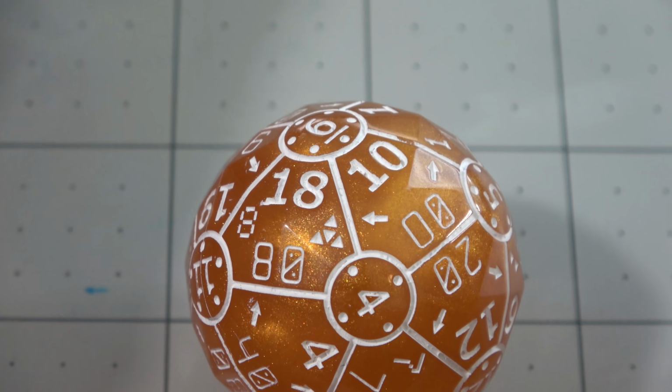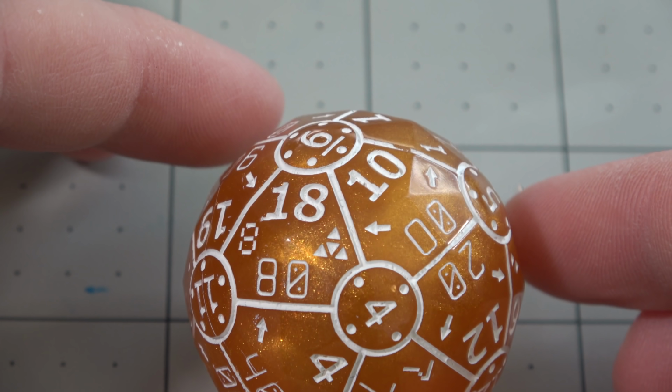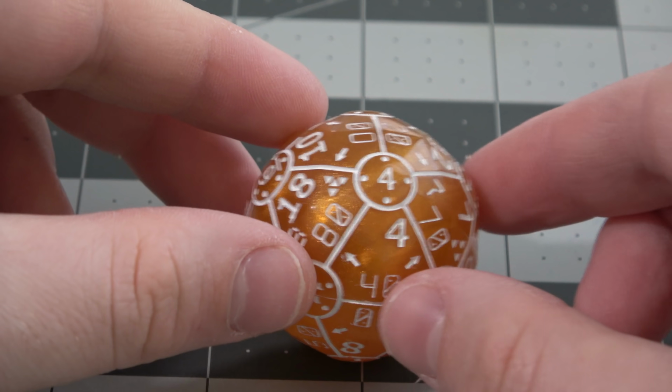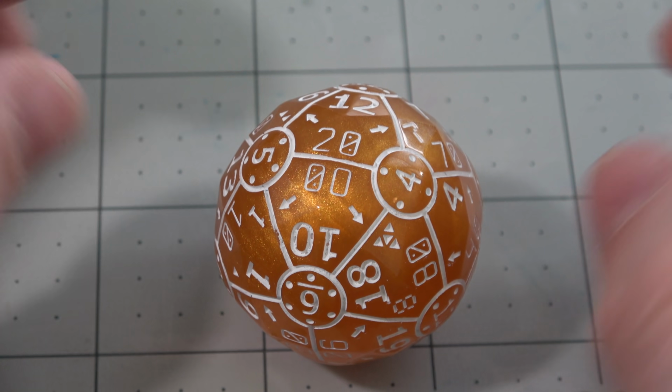However, my big complaint is it is hard to tell which face is up sometimes. For example, can you tell me which of these numbers it should be on the tens die? Should it be the 0 or should it be the 20? It's kind of obvious when you look at it at the side like this,